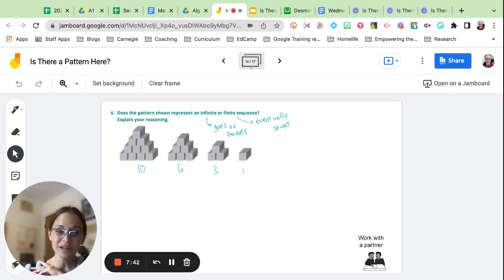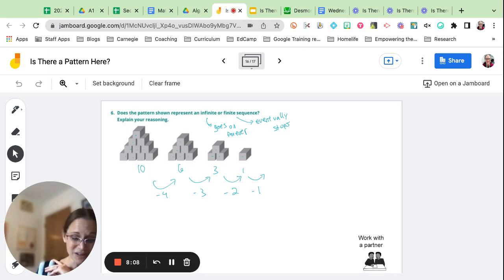So those were really interesting discussions you guys had. And this is a finite sequence. The reason it's a finite sequence is because I'm out of blocks. I've drawn the figure that has just one block here. And if I wanted to go further, I'd have to start having negative blocks. Let's see, we have -4, -3, -2. I guess I can draw the next figure, but it would just be a picture of nothing because my next